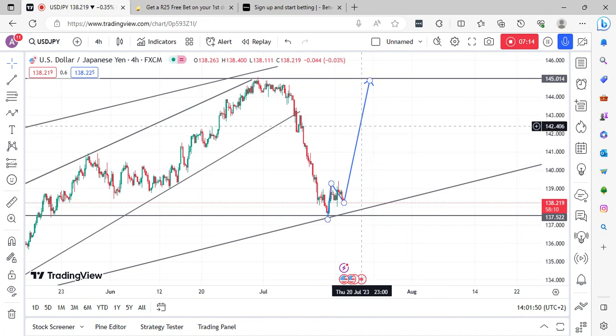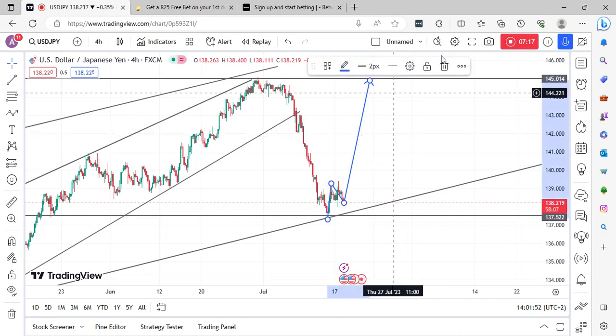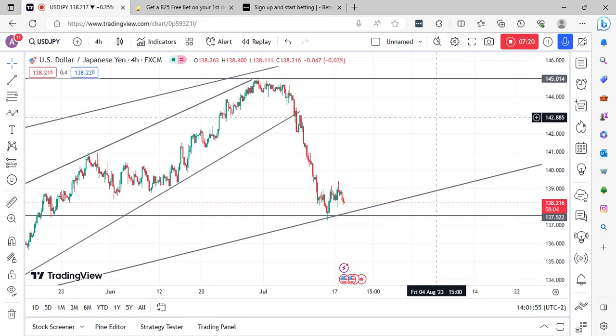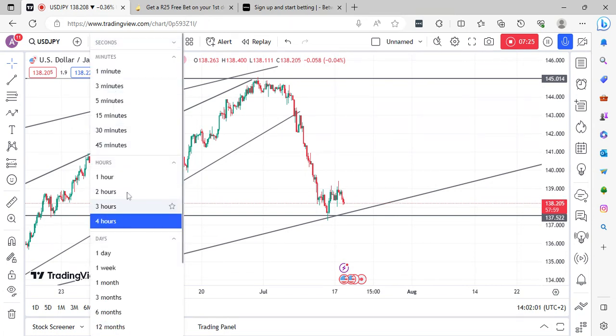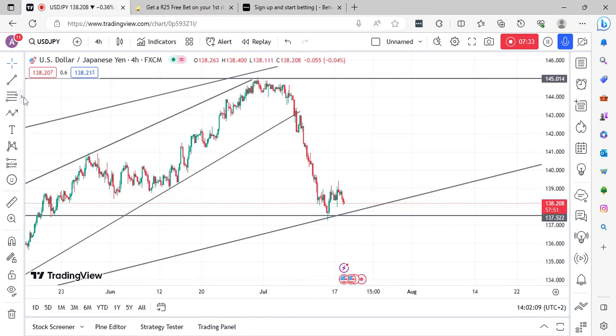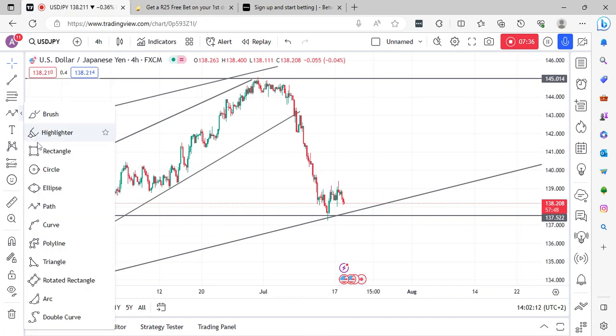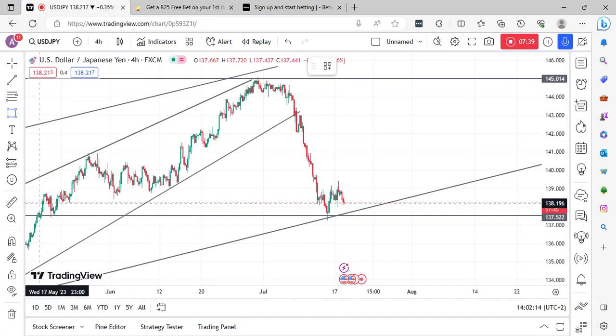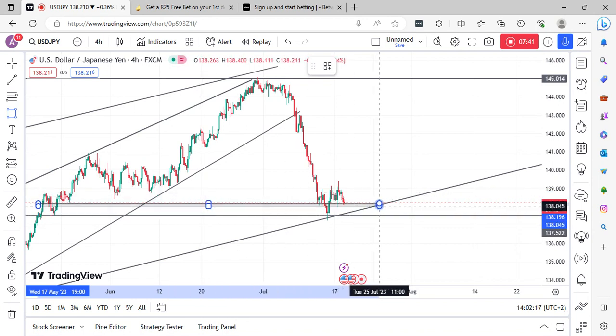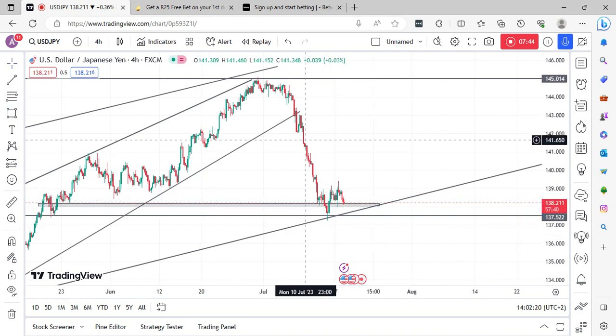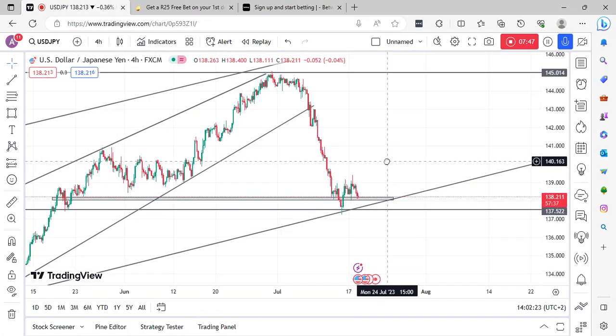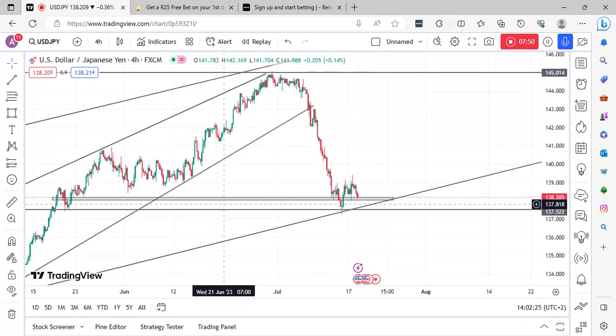Okay. So we now have an understanding that we are in a bullish market. If you are a swing trader, you can take a trade here on your 4 hour and push it up to those levels. But right now we can see that we have a level here that is being respected. The market is respecting this level. Why? Because on a higher time frame, you know that this is a support area for the market to push